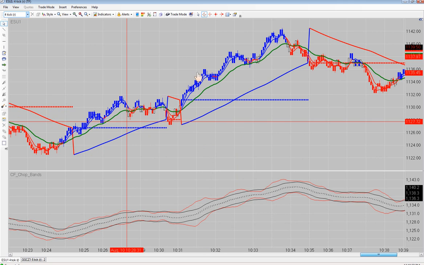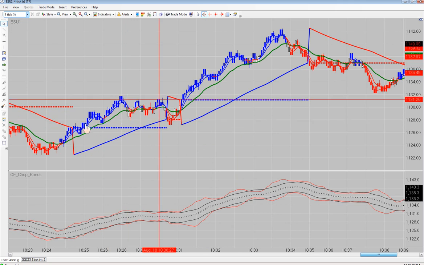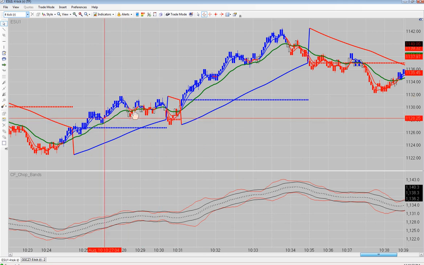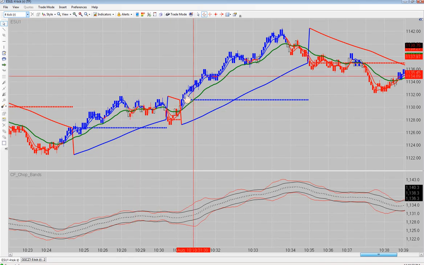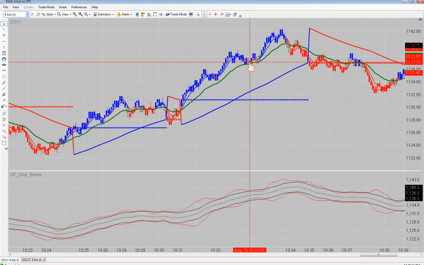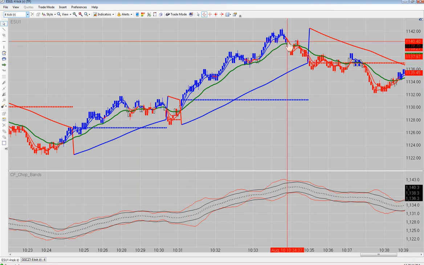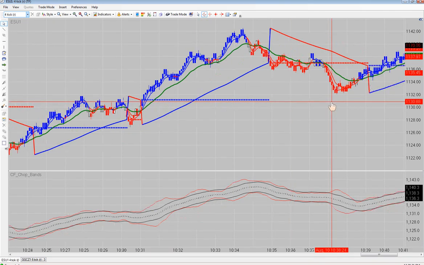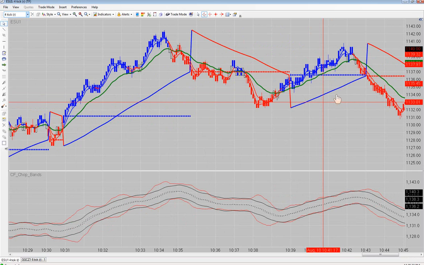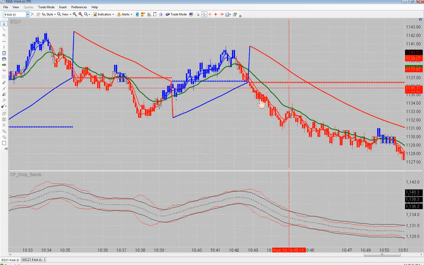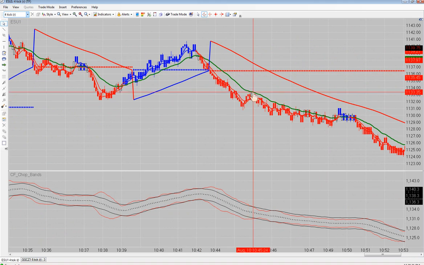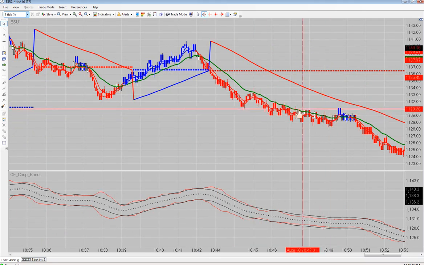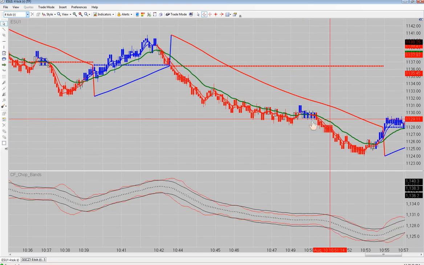Here are the trades that I missed. There was a long trade right in here, a long trade right here, another one right here, nothing in here, a long trade, nope, not there, over here, and right in here too. That one would have been a losing trade. Just scrolling along here, there was a long trade over here, and a long trade over here, a long trade here, and then on this move down right here,